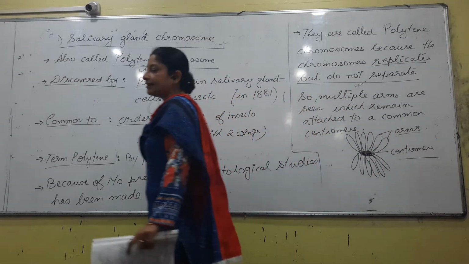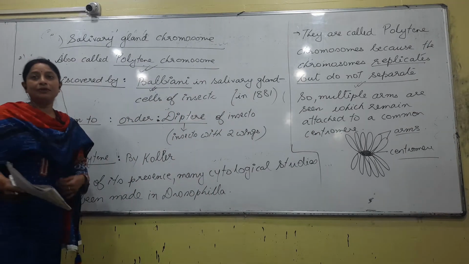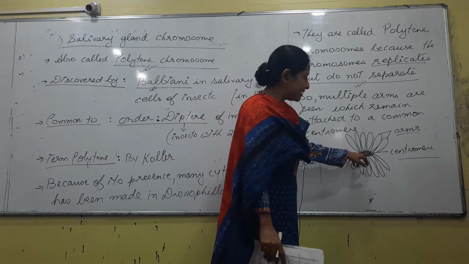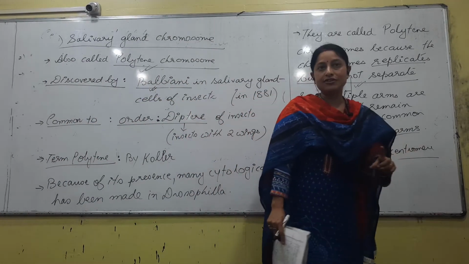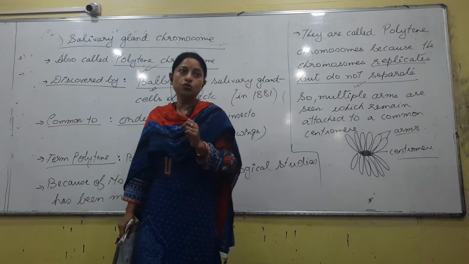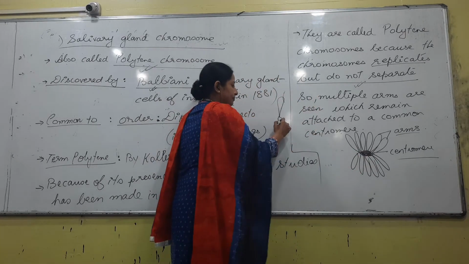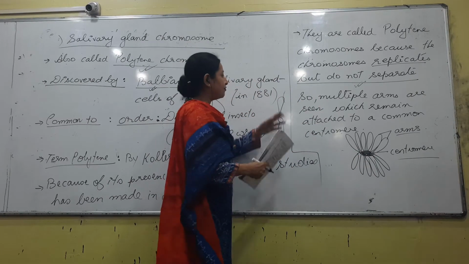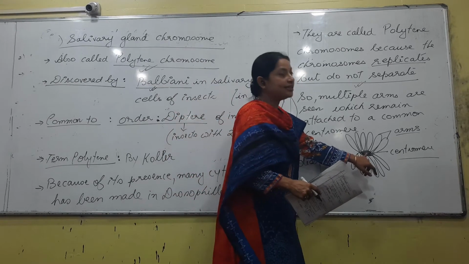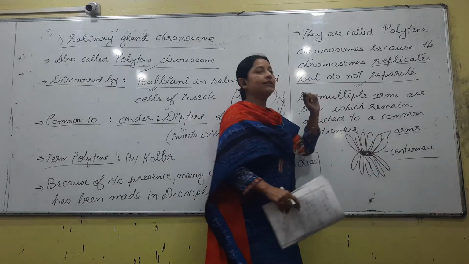Okay, did you understand that line? Why is it called polytene? Poly means what? Many. Many what? Many arms, right? So you have one centromere. Normally when we talk about a centromere, how many arms are attached? Two, right? We have seen this diagram, something like this. Normally there are two, but in this condition you have a common centromere with many arms, right? So this is what is called polytene.